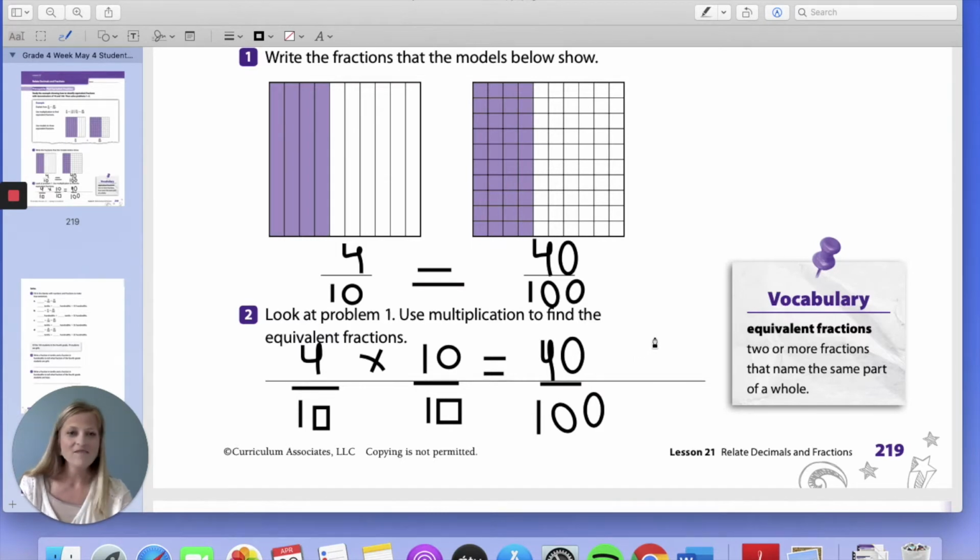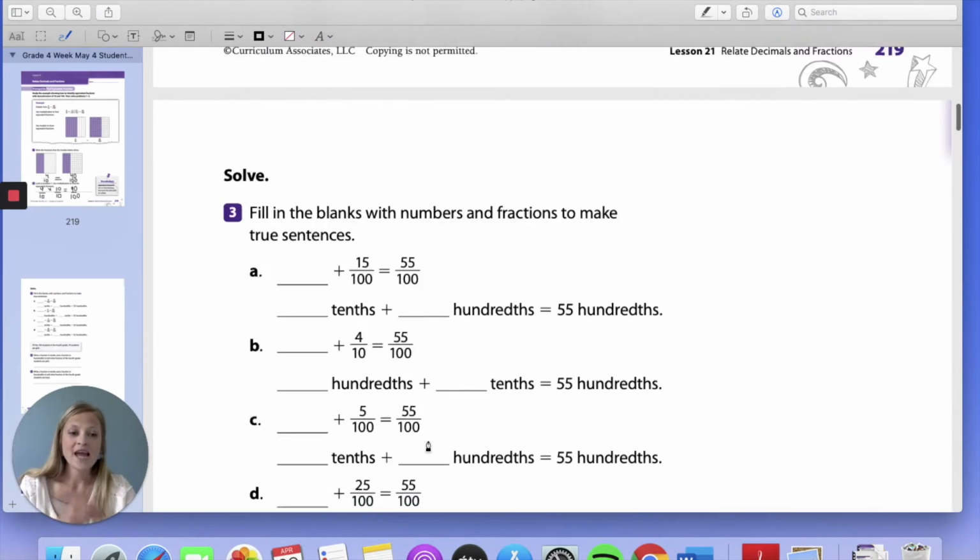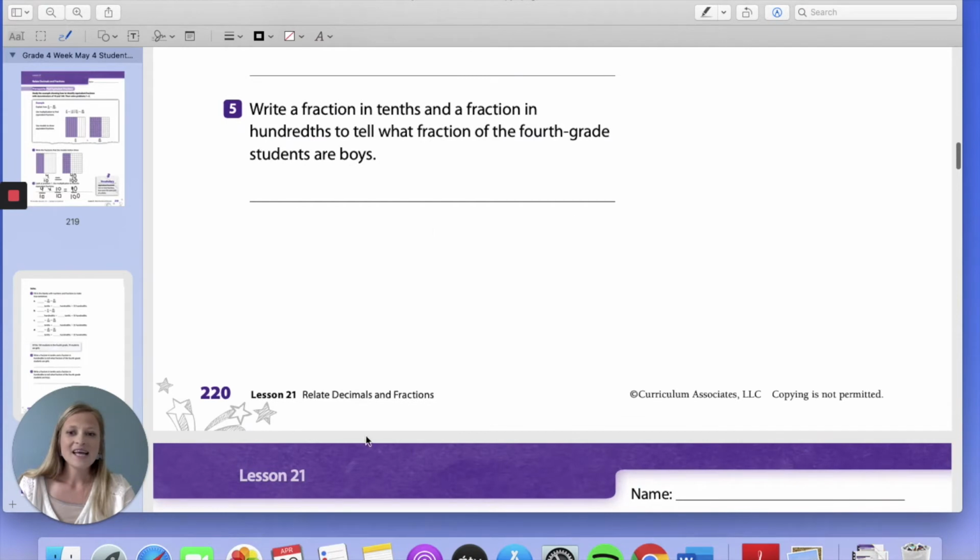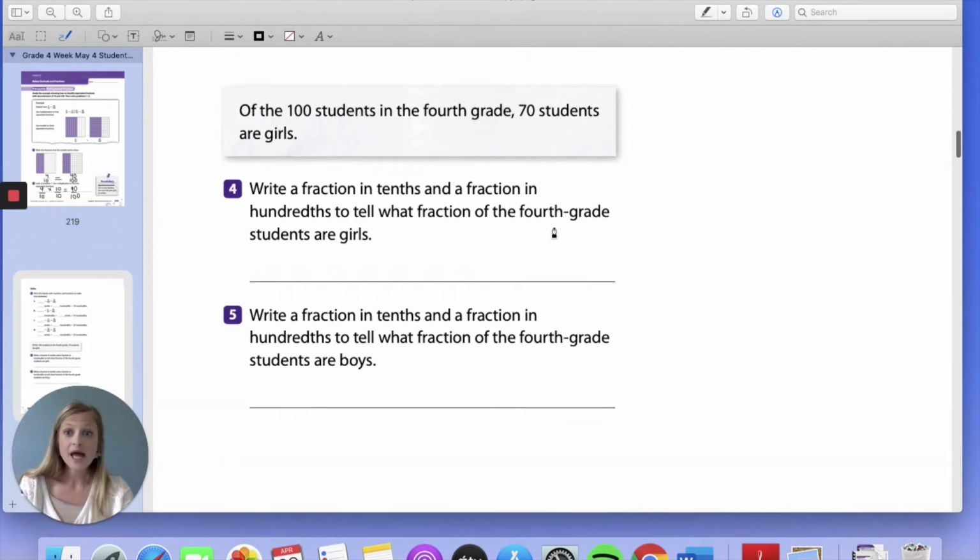So hopefully that felt like a really good quick review on how to use models and how to use multiplication to find equivalent fractions. Now what I'd like us to do is look at a word problem on page 220 that is going to have us do something similar. Let's go ahead and read this together on page 220, right above numbers 4 and 5. Of the 100 students in the 4th grade,